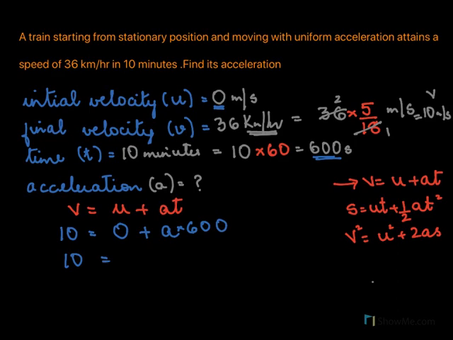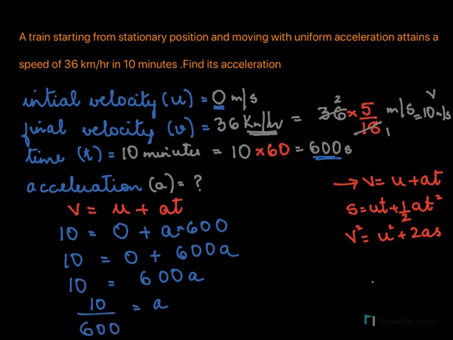So 10 equals 0 plus 600a. So 10 equals 600a, and a equals 10 over 600. So we have a equals 1 by 60, and the unit of acceleration is meter per second square. On dividing, you get 0.016